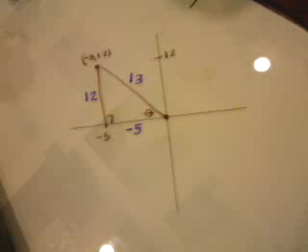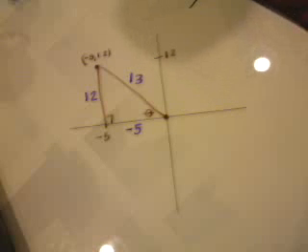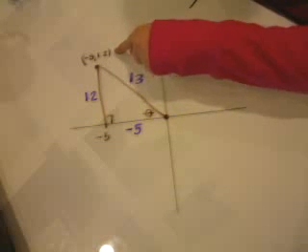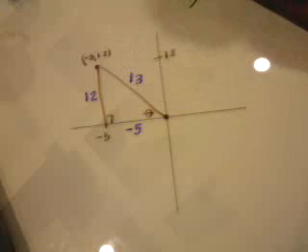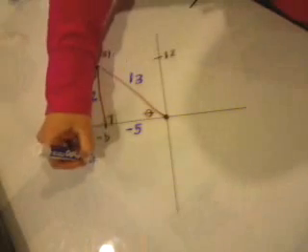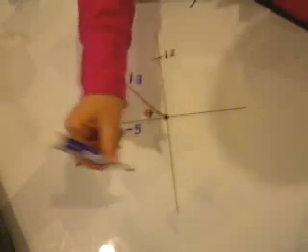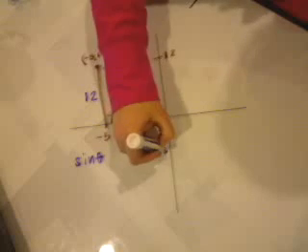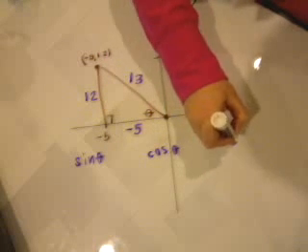So from here, what we're usually asked to do is to find the 6 trigonometric values of the angle formed by the x-axis and the line that connects -5, 12 to the origin. And so in order to do that, now all we have to do is line up our trig values: sine, cosine, tangent,